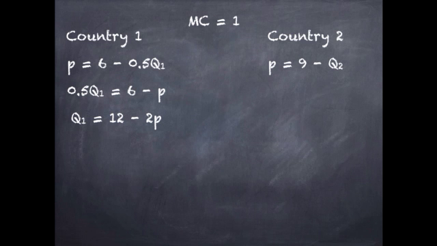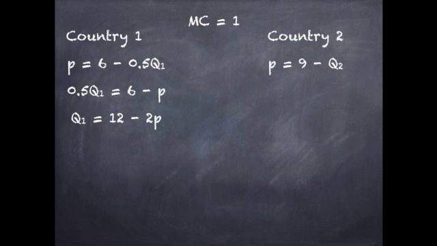those demand curves together. So realize that in order to answer this question, you have to convert your inverse demand functions for each country into demand functions for each country. And then we can add those individual demand functions together. So originally, here's our inverse demand function for country 1. All we're trying to do is solve for Q. So we're adding 0.5 Q to both sides and subtracting P from both sides. And then if we multiply by 2, we end up with Q1 is equal to 12 minus 2P in country